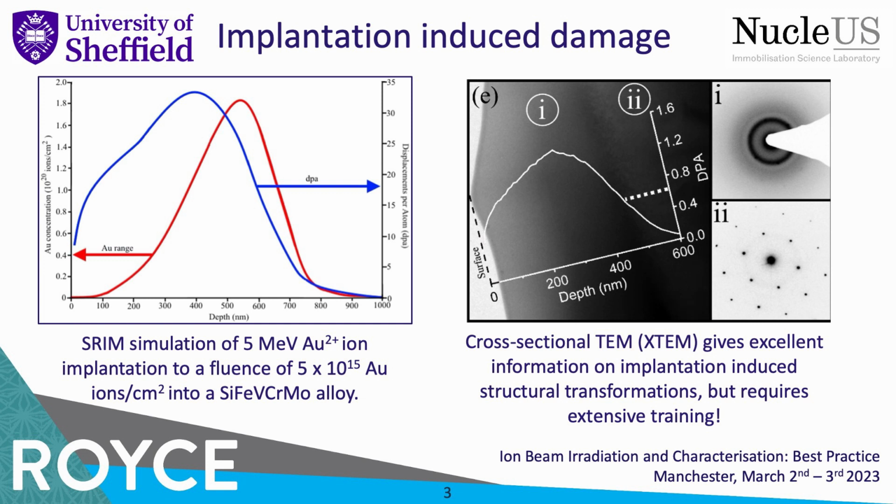Now, cross-sectional TEM is a wonderful tool, and I've used it extensively, as have many people that I've worked with, in order to characterise and investigate the types of damage that's produced. But as I'm sure those of you who do TEM are very aware, it takes a very long time, not only to learn how to do just basic TEM, but then you've got to learn all the weak beam dark field and 2-beam analysis and Fresnel contrast if you want to look at helium bubbles, but also to prepare your samples. So we're talking about months, if not years, to become really proficient to be able to look at damage